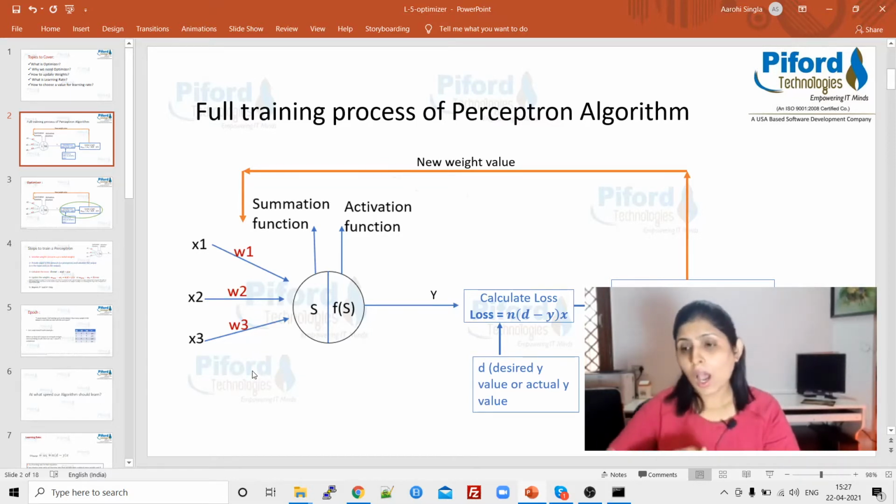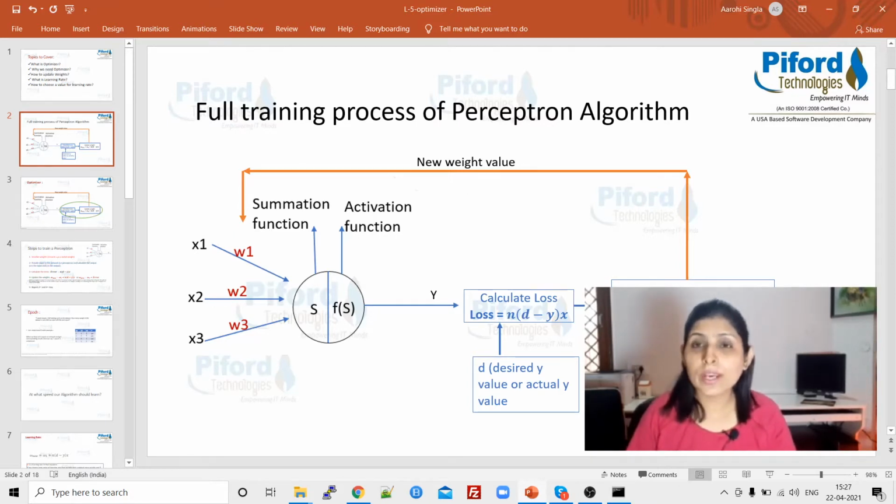But after the first epoch, the first iteration, when you calculated the loss, the question is what should be the next weight value? How would we know which value will work for us? Which new weight value should we use in order to improve the results?